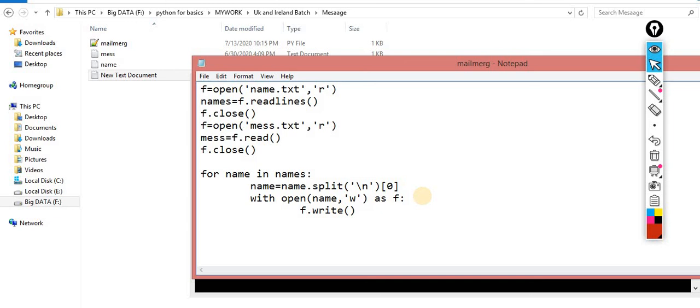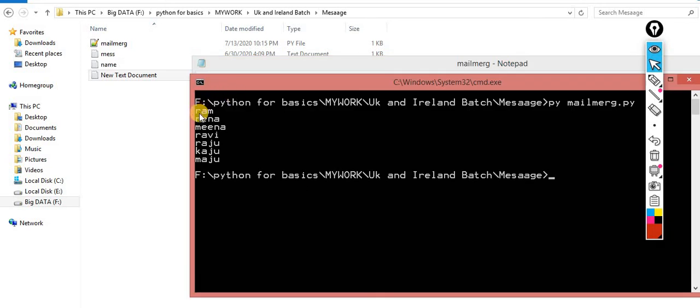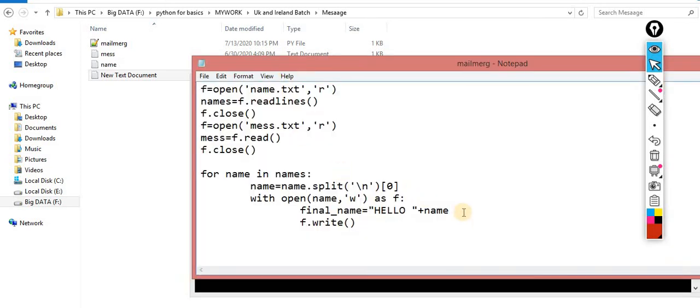First you have to write the name. So for the name, again I have to append hello. Now I am giving the name, it's final_name. First you write hello, and then you concatenate the name. Now it's concatenated, but this name is in small letters. Again the client wants the first character as a capital, Ram with a capital R. So what you have to do is .title, we know it. Now the first character becomes capital.